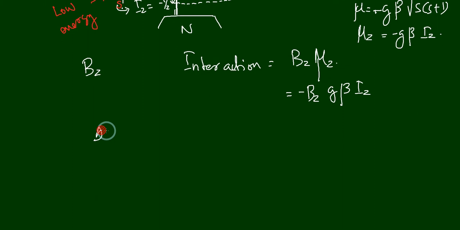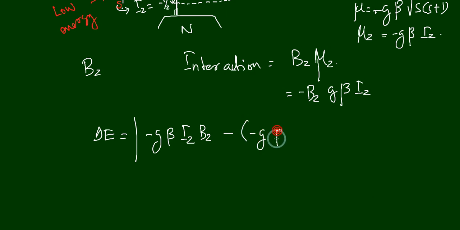The energy difference delta E is equal to the modulus, I am taking the absolute value of the energy difference, that is modulus of minus G into beta into Iz into Bz. That is one particular situation corresponding to any Iz. Minus